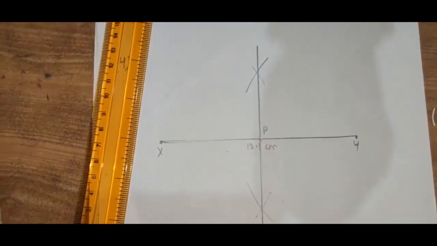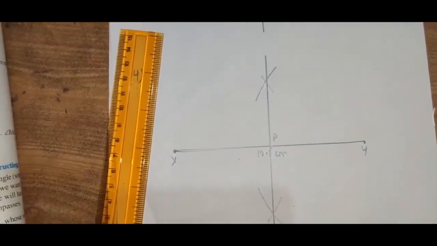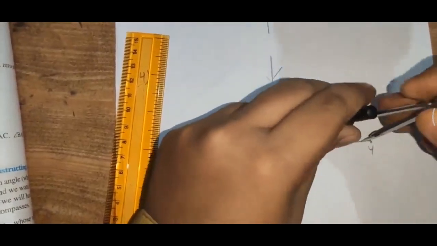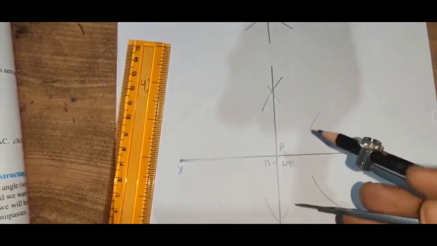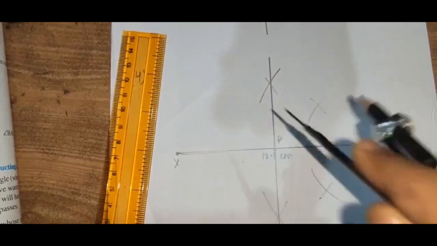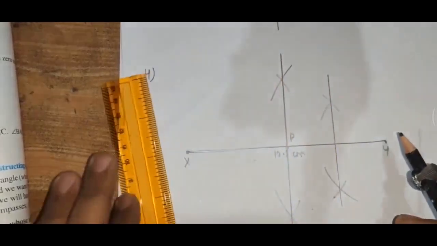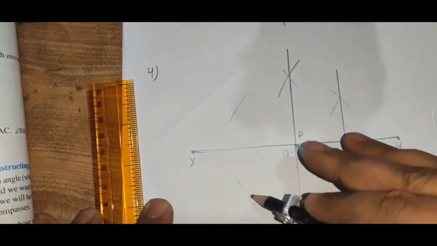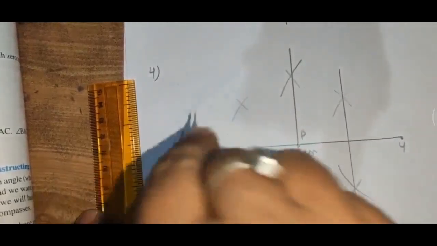Now according to the question we are required to draw 4 equal parts. Now it is only 2. Now we will draw the perpendicular bisector of PY. Take more than half and draw one arc, upper then lower, and then from P upper arc and then lower arc. Then we will join the line, and this line divides PY into 2 equal parts, and then from P one upper arc, then another lower arc, and then from X one upper arc, and then another lower arc.